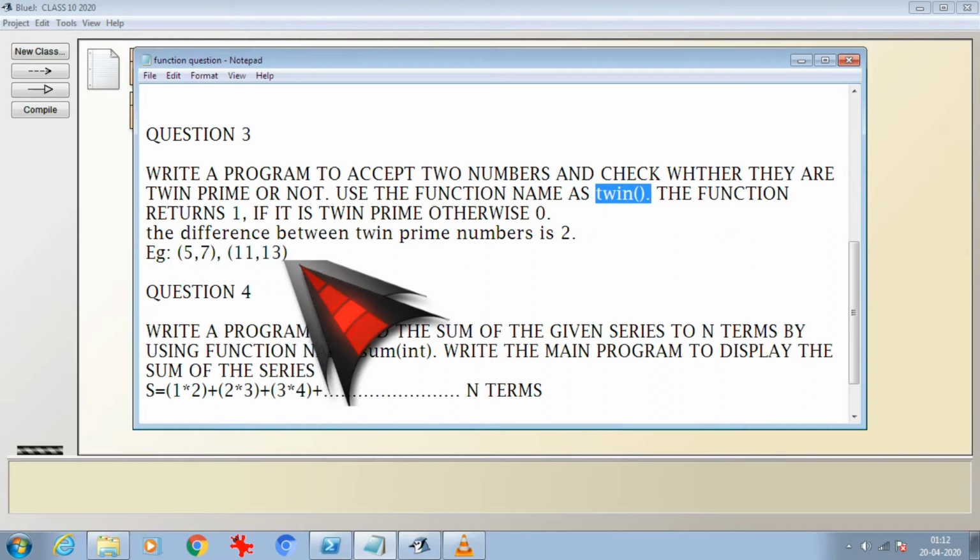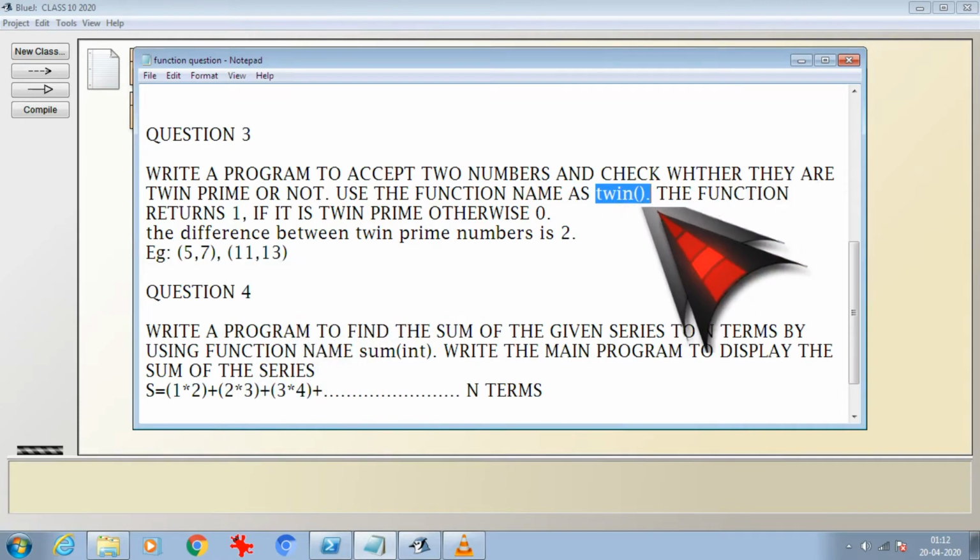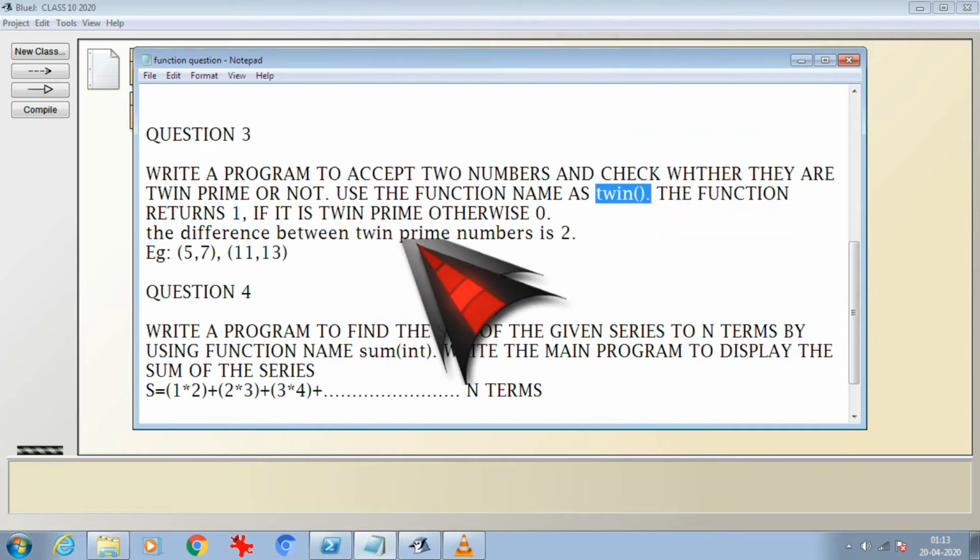So both of the numbers have to be prime and the difference between them has to be 2. There was no argument passed, so I can do the whole work inside of it without using any argument. You may say, ma'am, what will I do just to call the function over there? That's exactly up to you how you are going to call it from the main method. I will use the function name twin.